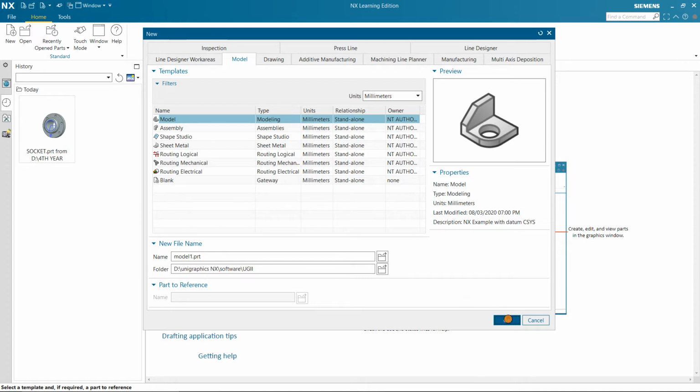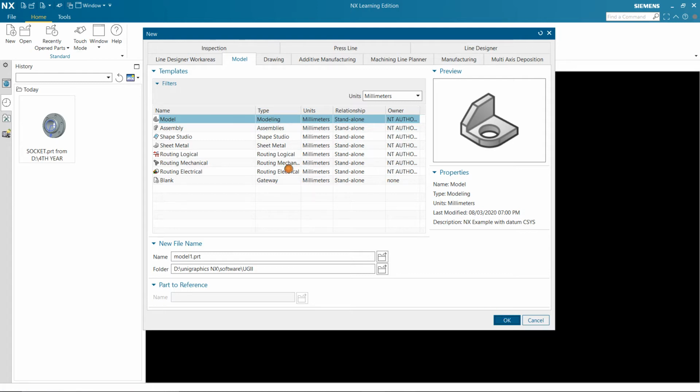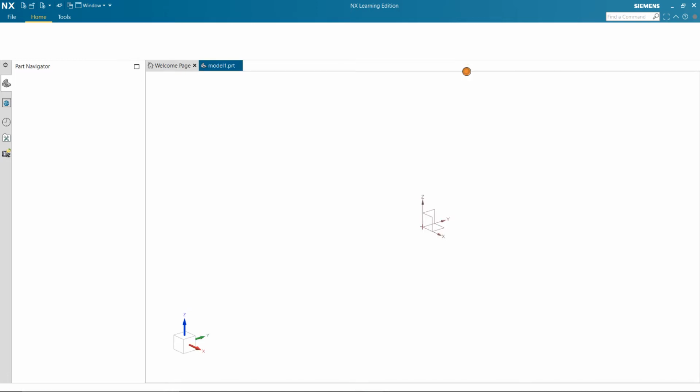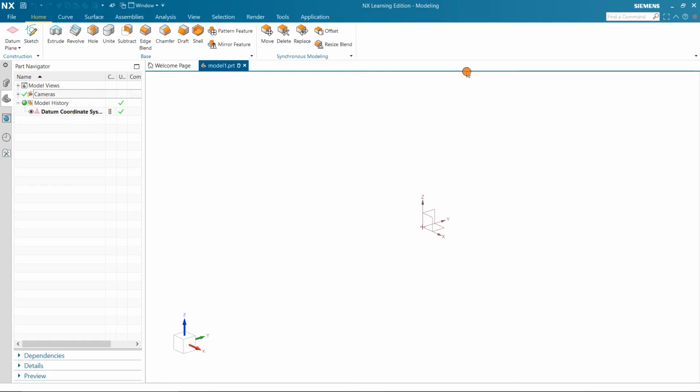Click on OK. It takes time because I have lots of software installed in my PC like CATIA, NX, ANSYS, many are there, so it's taking a bit of time.